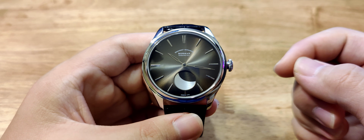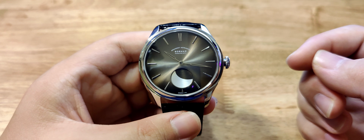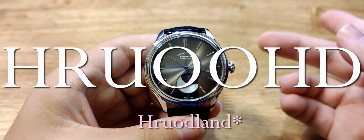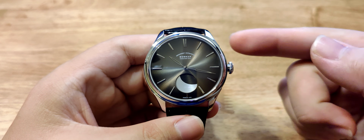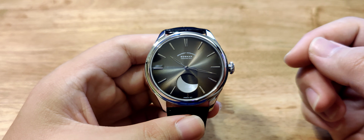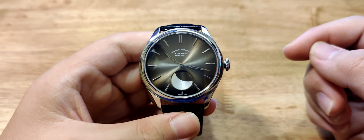The watch in question is produced by a lesser known Chinese brand who name themselves Borman Engravers, which is admittedly a more pleasant name than Panis or Hrodland, however that's pronounced. Following this German-sounding aesthetic, Borman carries the slogan Genauigkeit Instrument, forgive me for absolutely butchering that, which in German directly translates to accuracy instruments on Google Translate,